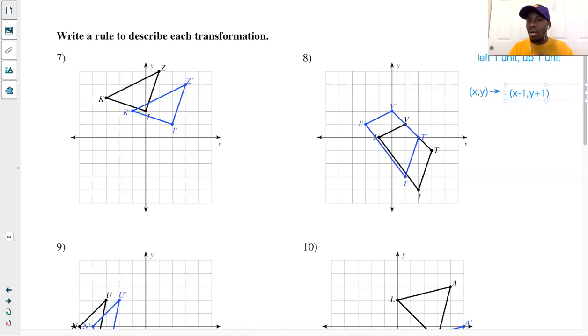Okay? So our actual notation will look something like this. xy goes to x -1 and then y +1. Or you can describe it as left 1 unit, up 1 unit. But you need to be able to describe it in both ways, because on your quiz, I do use the notations as well as I use words to have you tell me the type of translation that occurred, okay? So number 10, I'm gonna do it the same way I just did. Number 10,